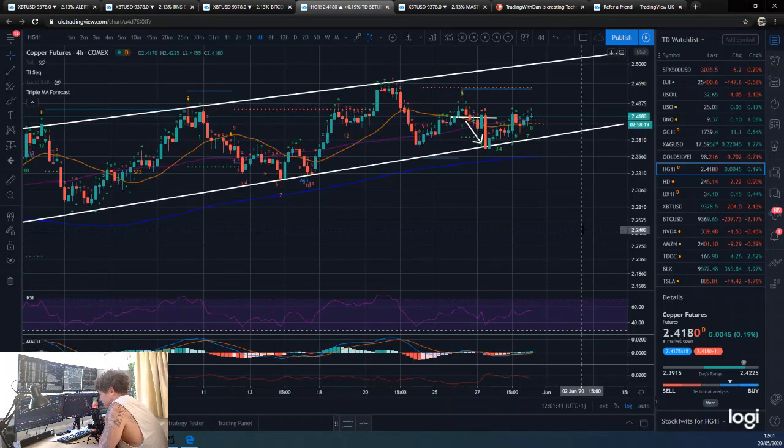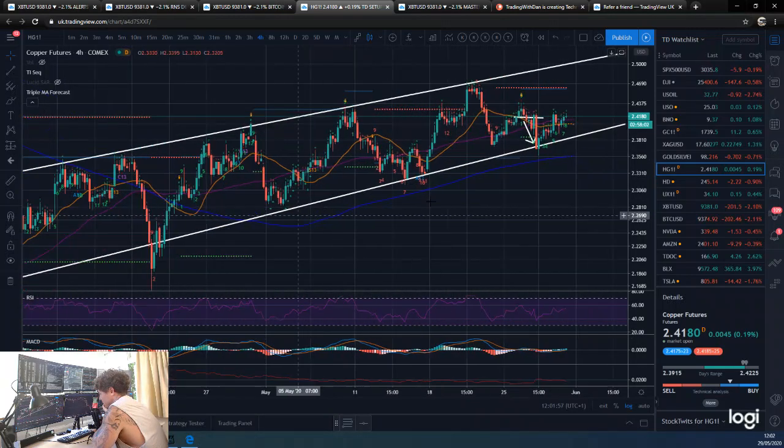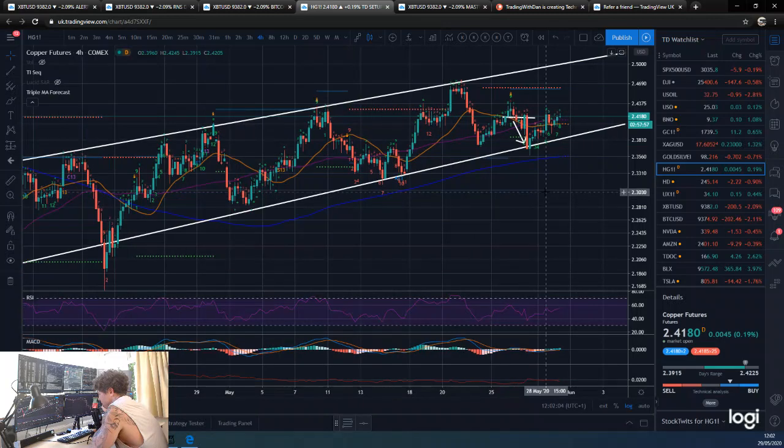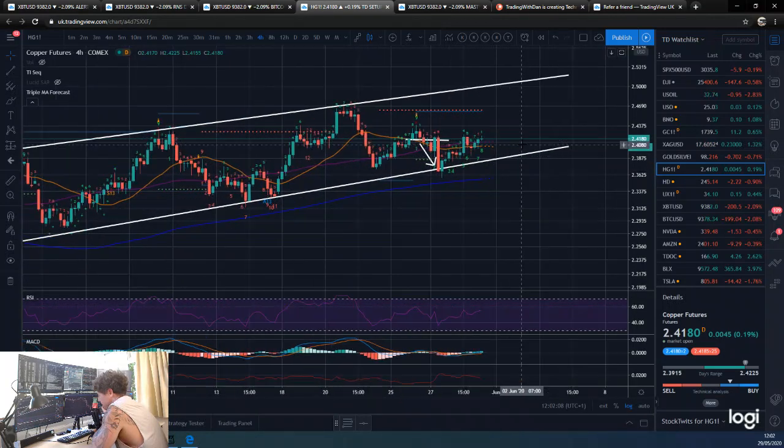Extend. So right, we've got the bottom, we've got the nice 9 there, we've got the sell trade, we hit the bottom of the channel, that was our target, hit our target perfectly, even more than perfectly, because we overshot it. So if you short something, obviously that's more than perfect. We did try and get the 200, but obviously we've got this very nice channel that was sucking us back in, so we didn't quite make the 200 on the 4 hour, but hey, it doesn't matter, we're in the channel. So now we're making the move back up.